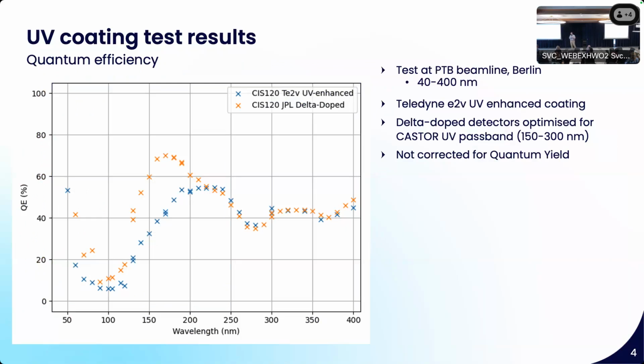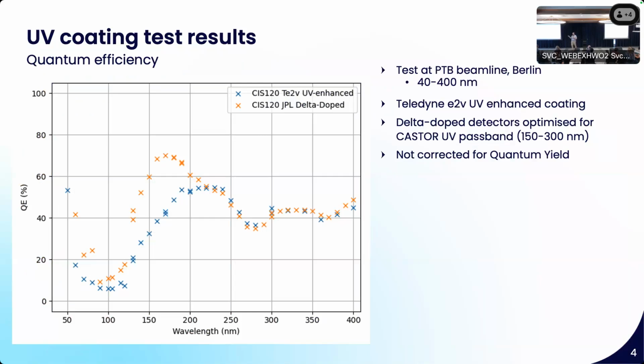So we've done some quantum efficiency tests. We went to the PTB beamline in Berlin. They have a 40 to 400 nanometer beamline, and we tested these two technologies against each other. And as you can see, the two coating technologies perform very similar down to 220 nanometers. And below that, you see a clear improvement in the